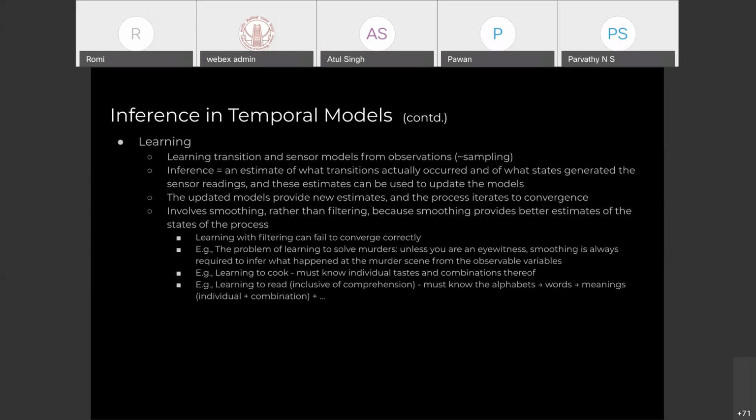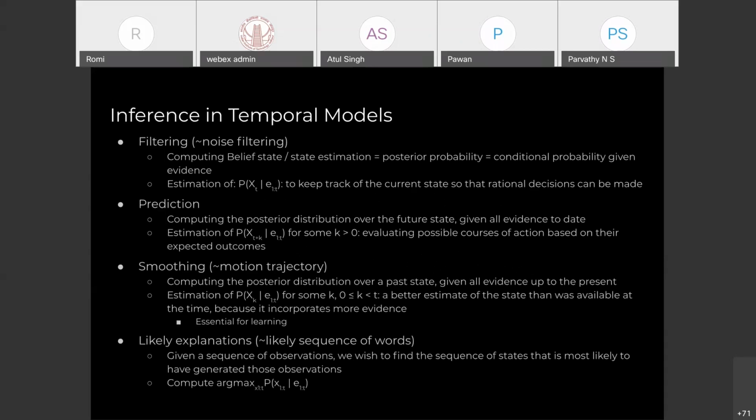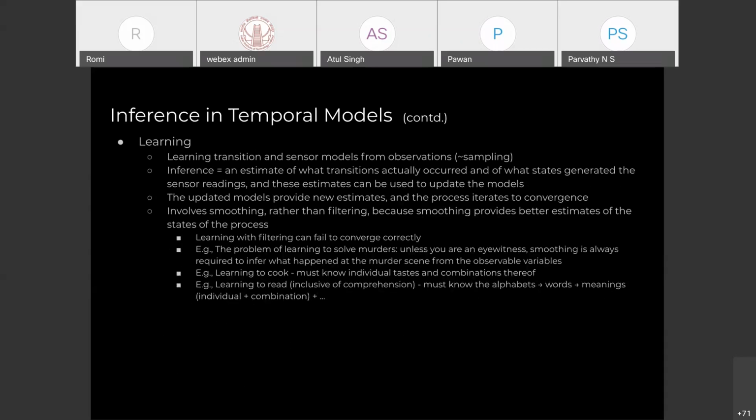Right. So whatever we learn is a function of what we know now as well as what we have learned from the past. So all of these steps together, filtering, prediction, smoothing, trying to arrive at explanations for states and evidences and states again, and learning, build a temporal model. A temporal model meaning this probabilistic reasoning that we are trying to arrive at over time.